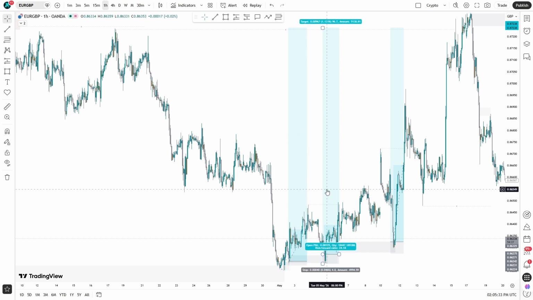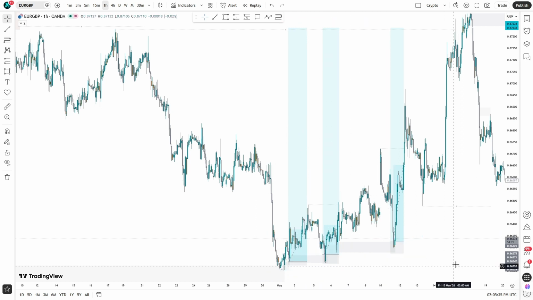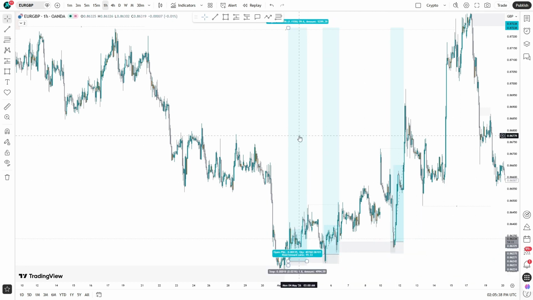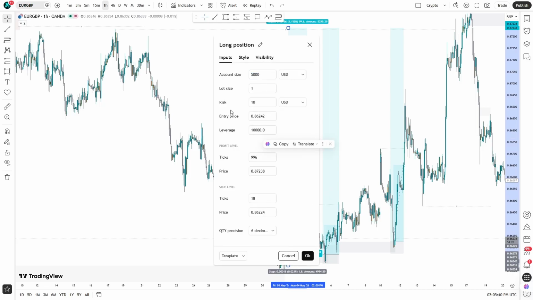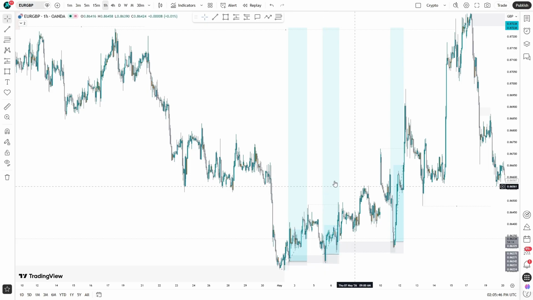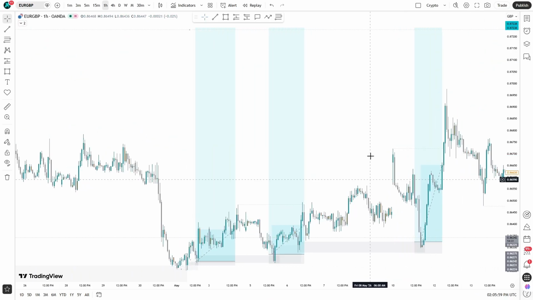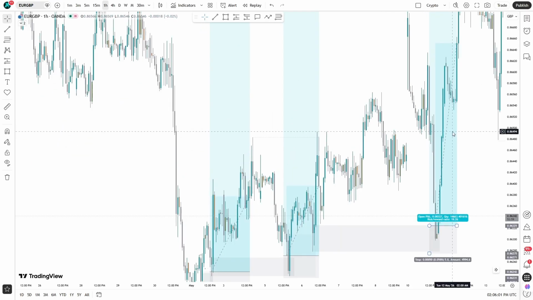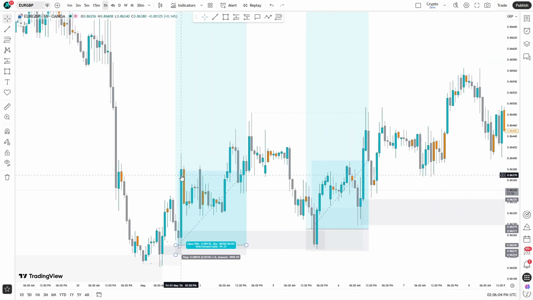Now let's go over to this second trade to see what actually happened in the market. Now we will start from the 1 hour time frame to see how price moved in the market. Now if we zoom in, we'll notice that the market actually